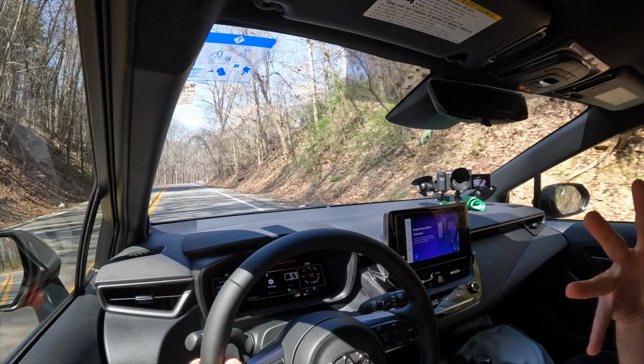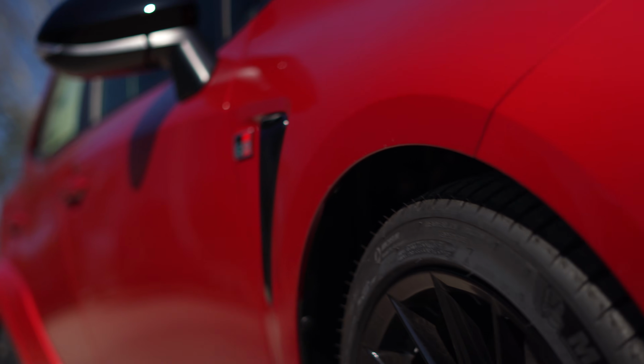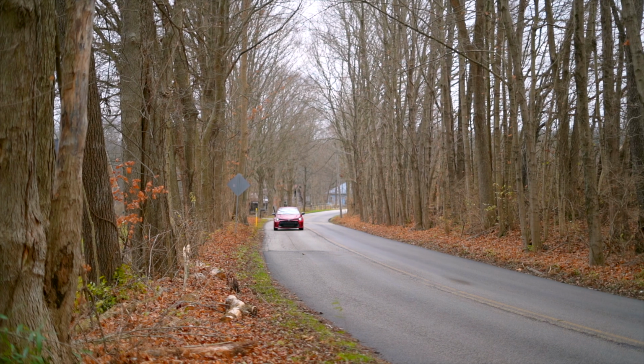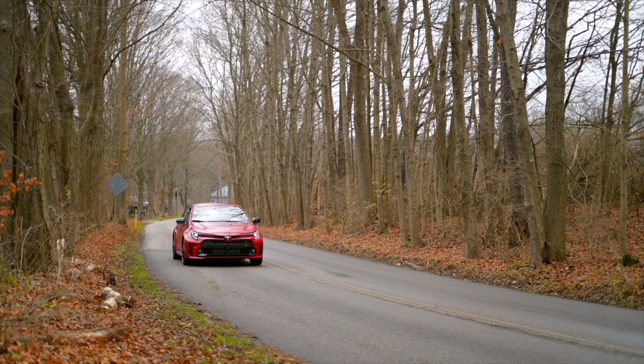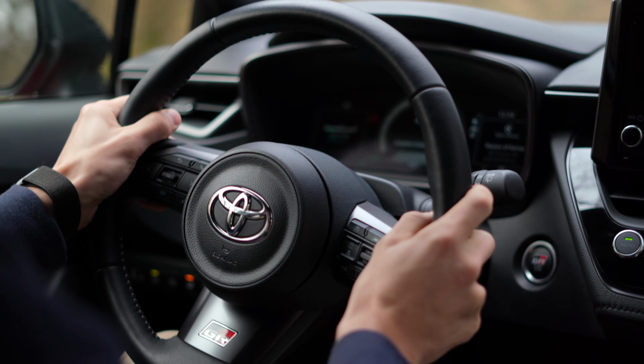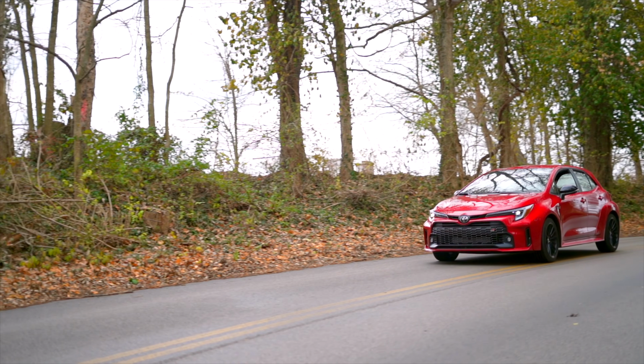The Premium also comes standard with the Performance Pack, which grants front and rear limited slip differentials, allowing the car to claw its way through any corner or weather condition. One of the strongest attributes of the GRC is its stability, even if it could have sharper turn-in or a little less body roll at high speed. There may be performance cars that are more engaging, but in terms of raw confidence, for the price, this is